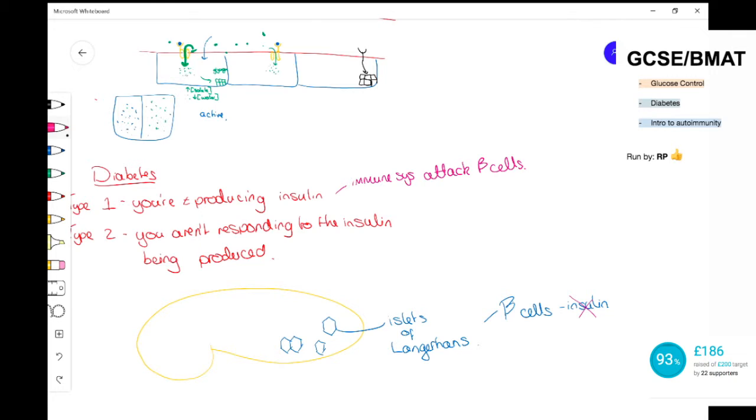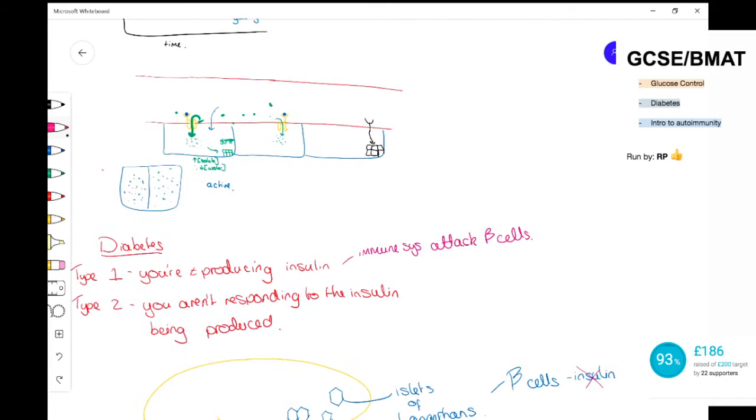Now, in type 2, what happens is you're producing your insulin, that's absolutely fine, but your body's not responding to it. And the reason it can do that is, just like before, I said that your body likes things happening in very certain ways and in specific ranges. Same goes for receptor activation. If you activate the insulin receptor too much, your body starts thinking something a bit dodgy is going on. If this is a cell and you've got a whole load of receptors on it, and you activate those receptors too much,